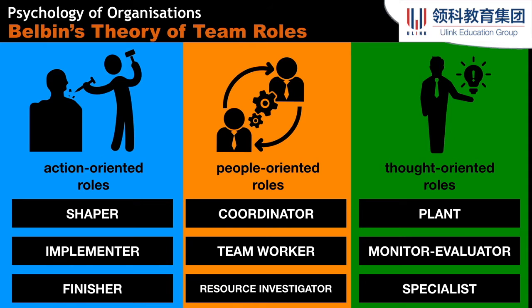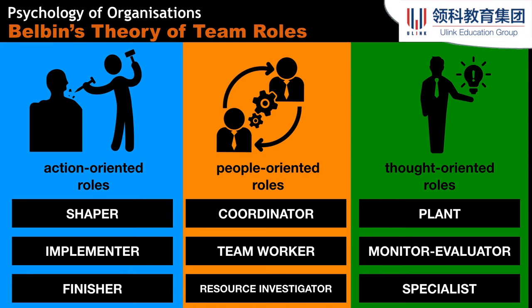So starting with the shaper, he is the one who sort of motivates people or improves other people's performance. He is the one who thrives on pressure, and he sort of sharpens the other people within the group. Just like iron sharpens iron, in that famous phrase from the Bible, the shaper helps other people improve.